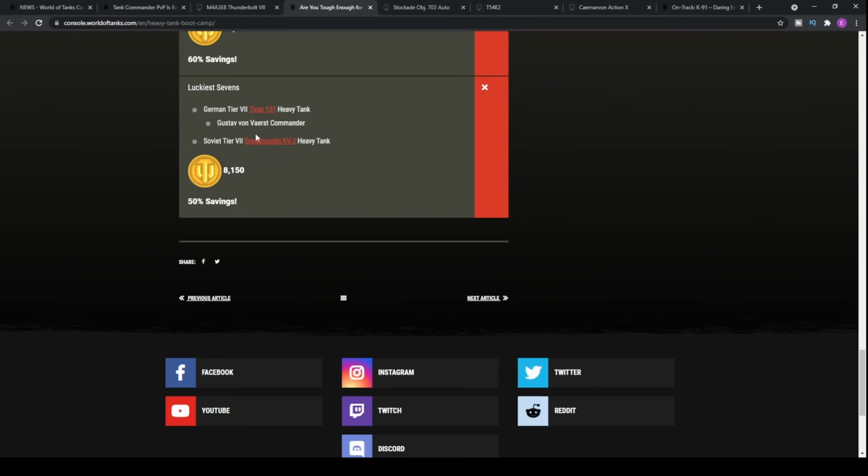For those of you who don't own either of them, then to be honest, I would recommend picking them up. I don't have the Tiger 131, but I've played it a few times on a few different accounts of mine, and certainly played quite a lot in the Dreadnought KV2. It's basically one of the best tier 7 heavy tanks, tank destroyers, medium tanks, if not probably the best, if you use it correctly